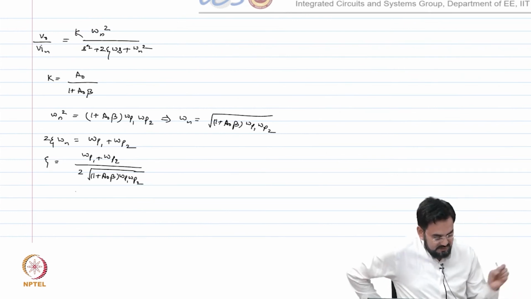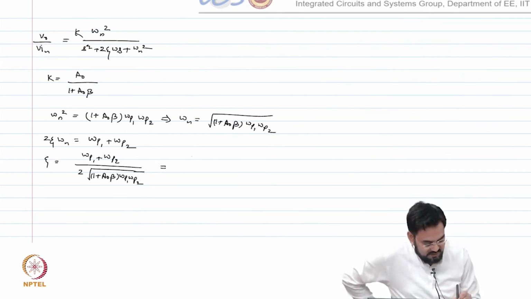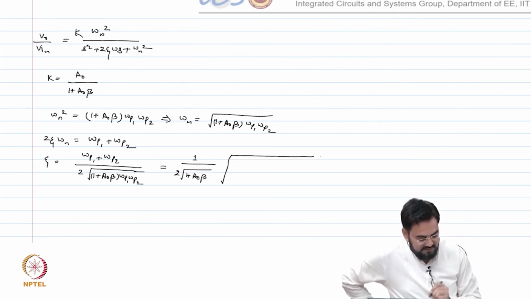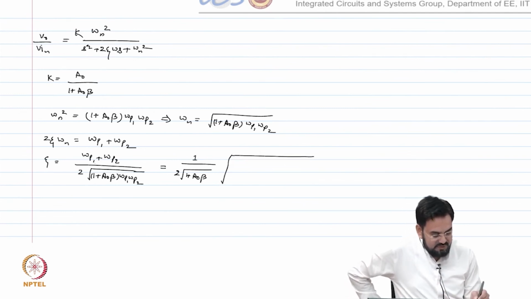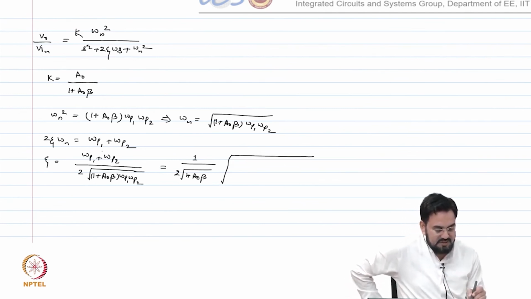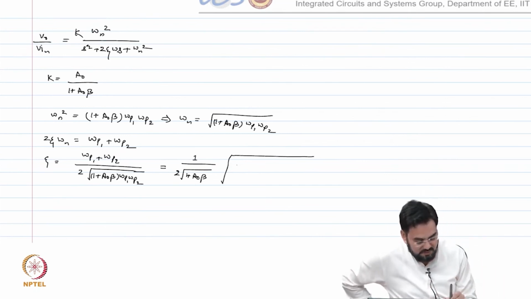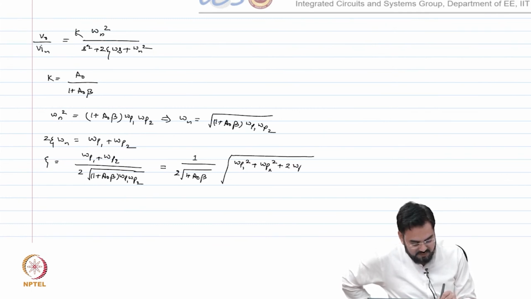So, let us move the constant terms outside. So, you get twice the square root of 1 plus A naught beta, and we will have another term inside. So, I will move this omega p1 plus omega p2, the numerator, inside the square root. So, it will become a square. So, omega p1 square plus omega p2 square plus twice omega p1 omega p2 divided by